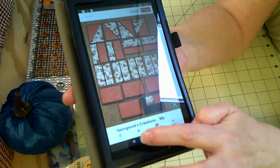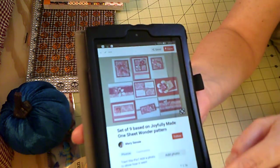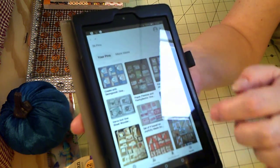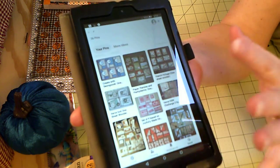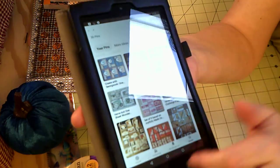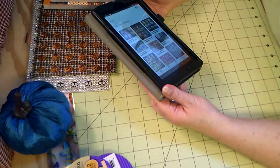These are one sheet wonder cards that have been made out of those templates that you've been seeing. It didn't really say which template they used. It would have been nice, but that's how I searched. One sheet wonder template, 12 by 12 template, or 6 by 6 template, and then I went in and searched for the cards that were made with those templates. So I hope that helps you, Jane,